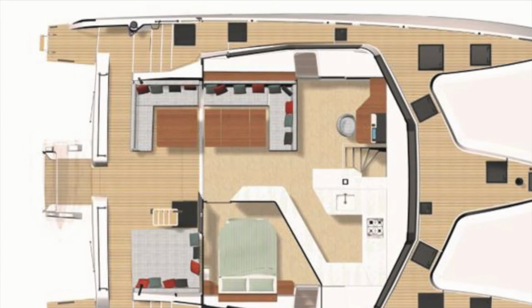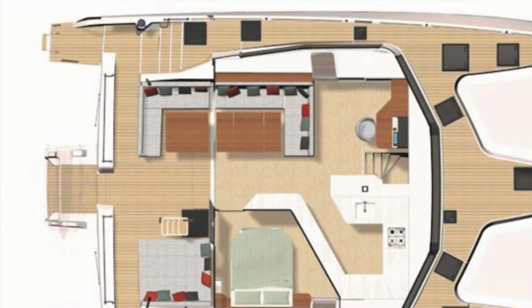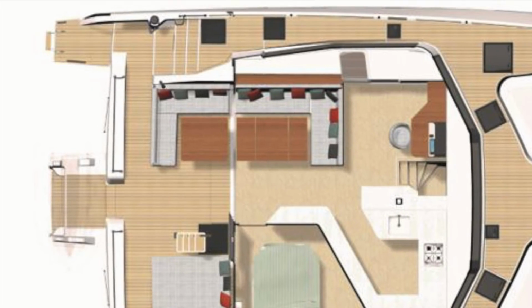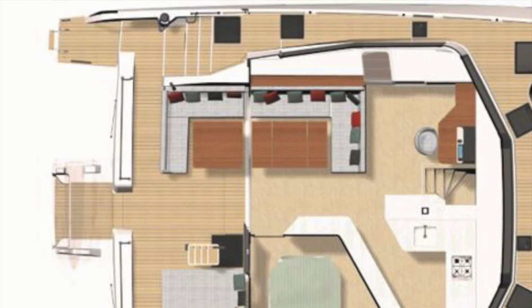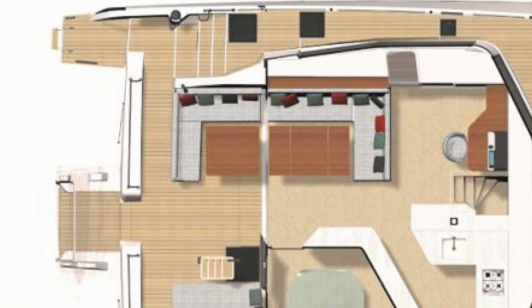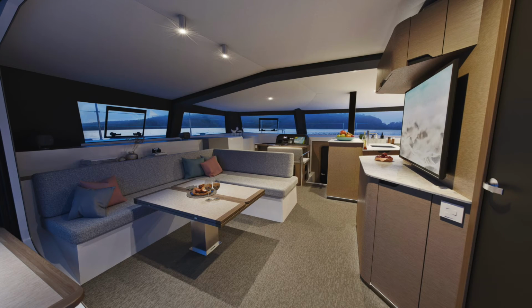Then over on the port side, look at the space around that nav table. That's why I say I'd probably slide in a nice big trawler captain's chair right there. But your kitchen area, your galley area is fantastic, massive space, and what's more important, lots of area to bolster yourself in a heavy sea. So very, very comfortable. Now let's move into the saloon, and here's, you know, where I get a little